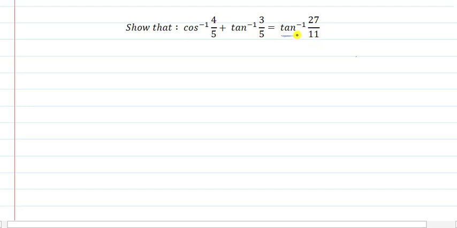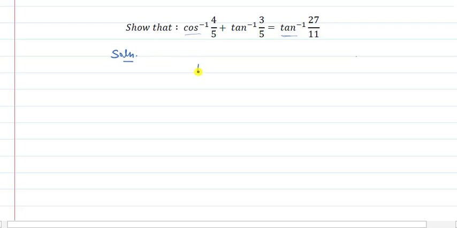The angle, the t function that we are having, is tan inverse. So it is better to change this cos inverse function into a tan inverse function, so that in the second step we can apply the property of tan inverse x plus tan inverse y, and we can prove that it is tan inverse of the value. Now here, first of all, we need to change cos inverse 4 upon 5 into tan inverse. So how to do it? Let us do it.